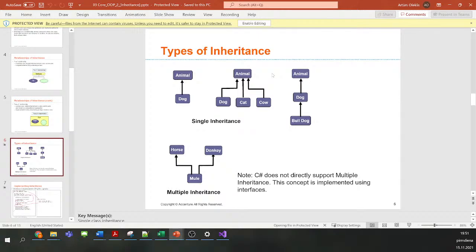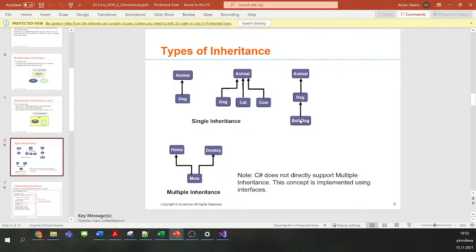Then we may have the situation when we have a subclass of a subclass. In practice it means that all these classes are used, but one class extends another class, and then we may need a more advanced extension using another subclass.